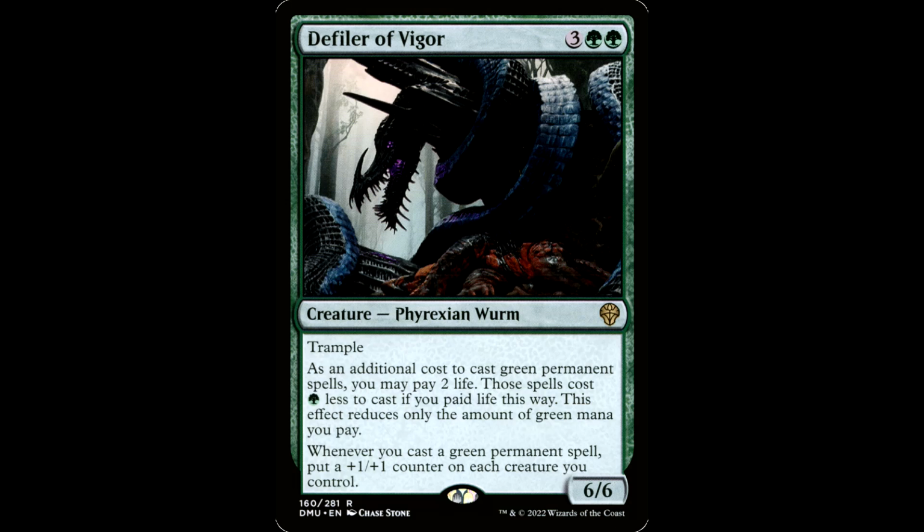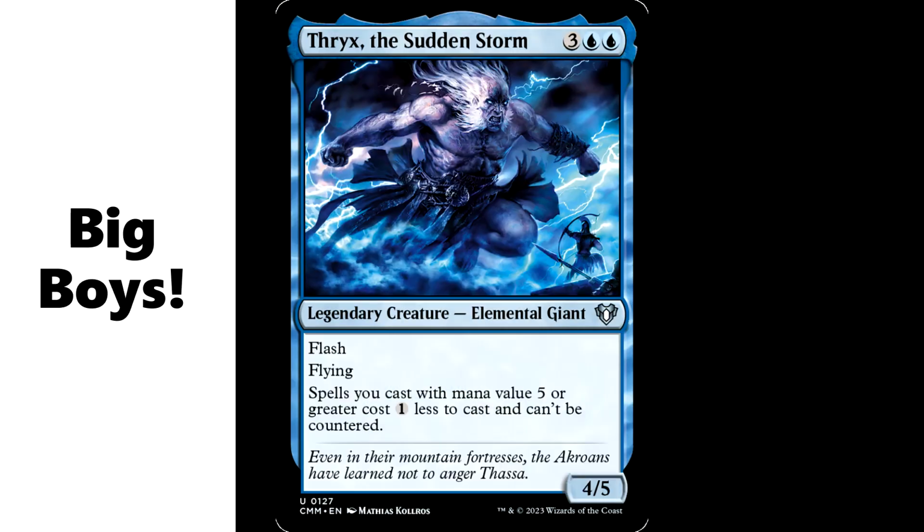Whenever you cast a green permanent spell, put a +1/+1 counter on each creature you control. This card's about $2. Plays great with counters. Plays great with our commander. Now there are also a number of creature cards that pay off casting larger creature cards, like